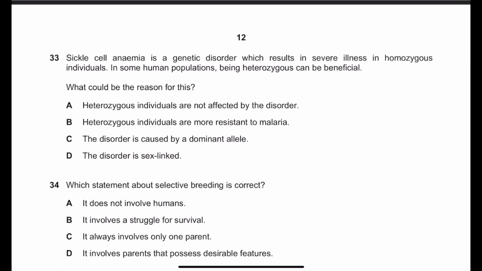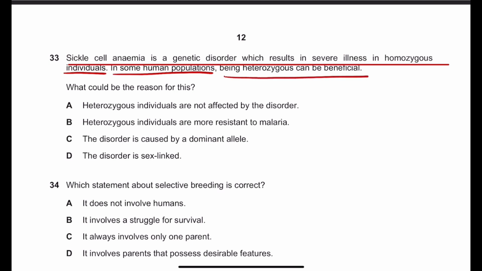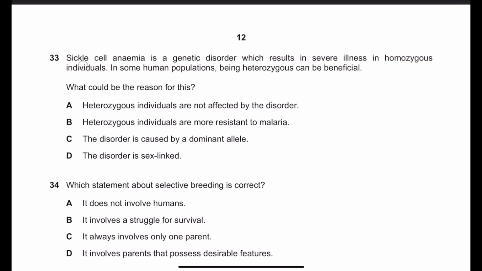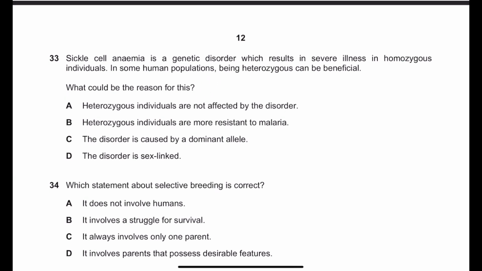Number 33. Sickle cell anemia is a genetic disorder which results in severe illness in homozygous individuals. In some human populations, being heterozygous can be beneficial. So, what could be the reason for this? So let's talk about sickle cell anemia first. It's a genetic disorder, and this is caused by